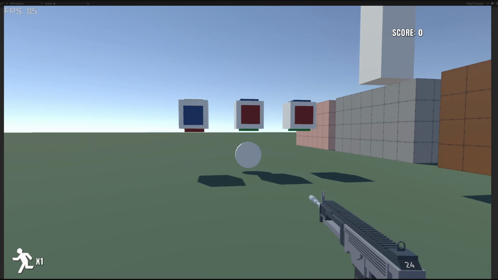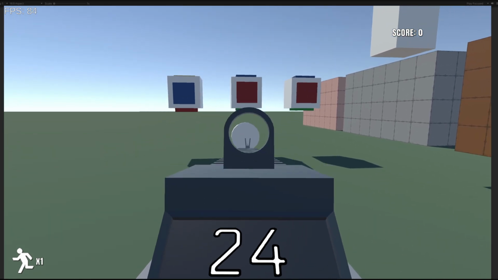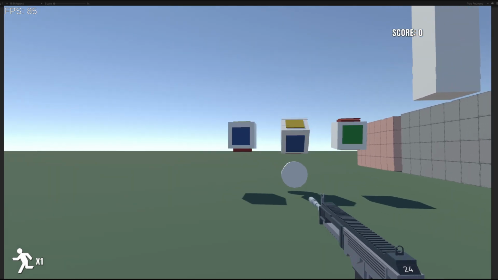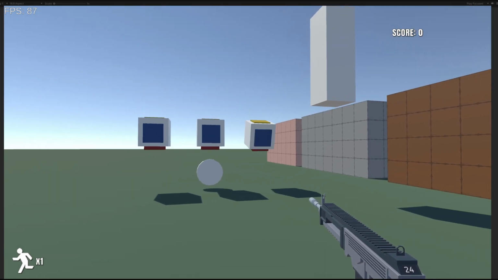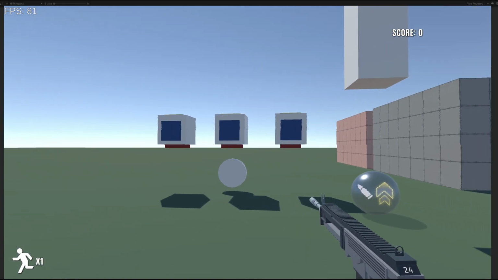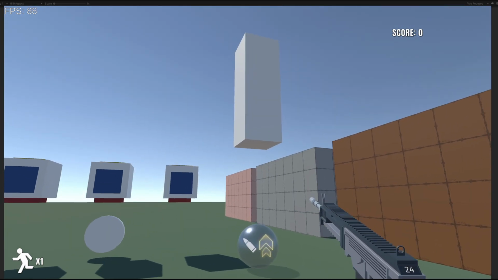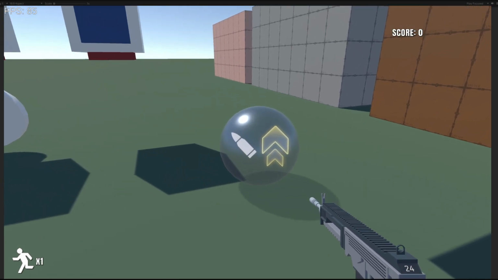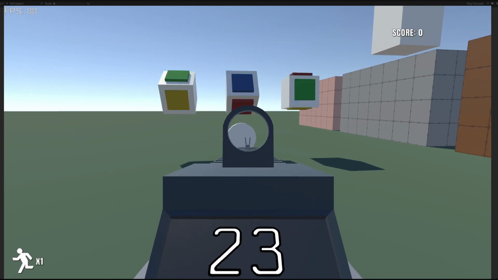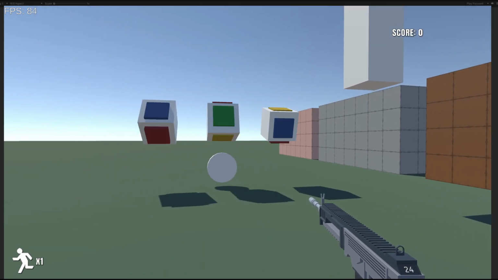And this is basically a slot machine. You shoot the target and it'll basically go through here and it'll deposit, it worked on the first try. It'll deposit a power up. So this one is increased damage. You can't really see it happening because there's nothing for me to damage, but